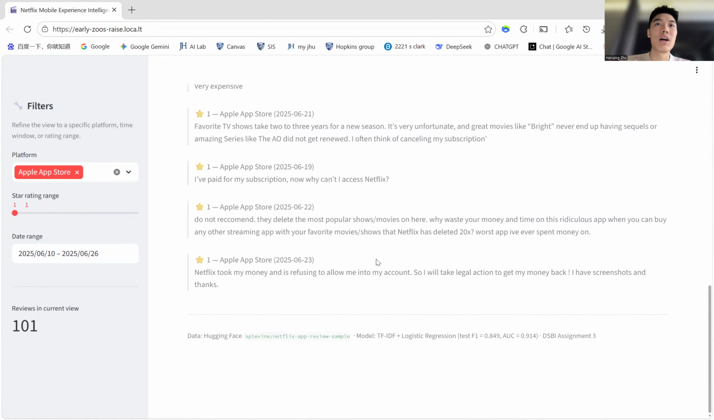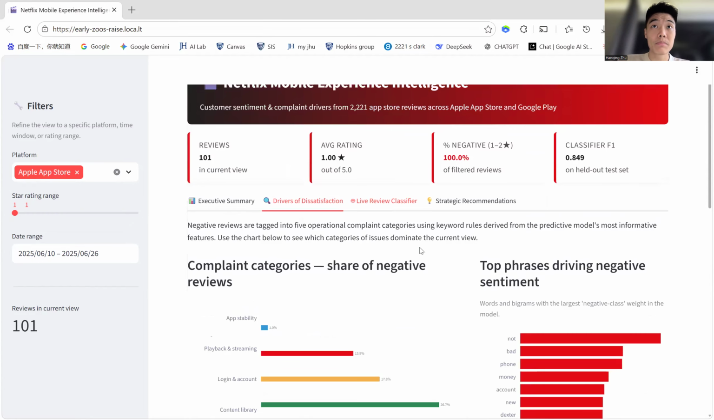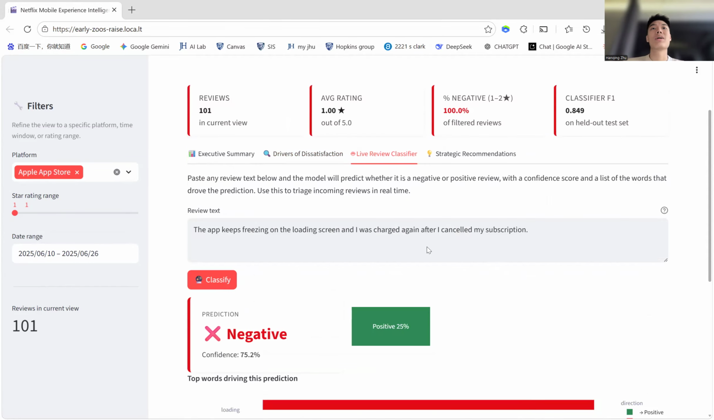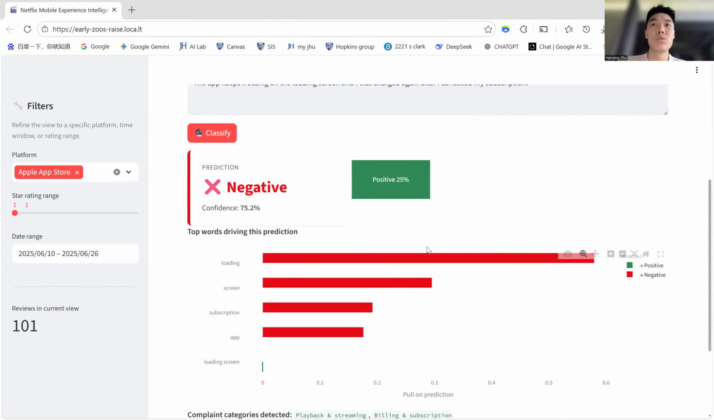Third, deploy the underlying classifier in production as a real-time review triage system. So right here, every new App Store review gets auto-tagged by category and routed to the right team's queue. Fixes are then A/B tested against 7 and 30-day retention, closing the loop back to the original Q1 2022 churn problem. So to sum up, the strength of the dashboard is that it makes a 5,000-review corpus navigable